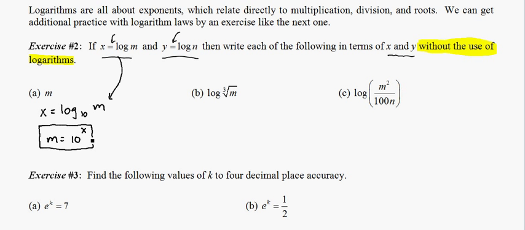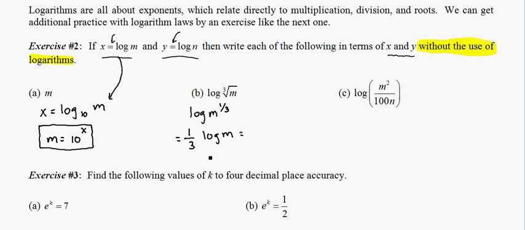The log of the cubed root of m. I'm hoping you got 1/3 x, or x divided by 3. Because what I'd be looking at here is I'd be saying to myself, okay, I have the log of m to the 1/3. My logarithm property tells me that that is exactly equivalent to 1/3 times the log of